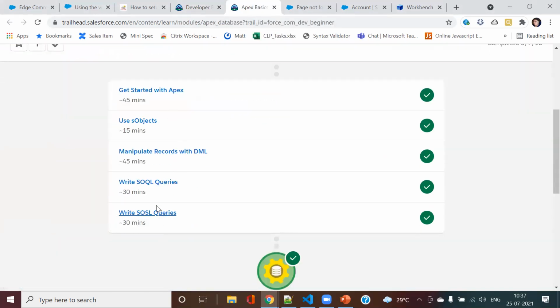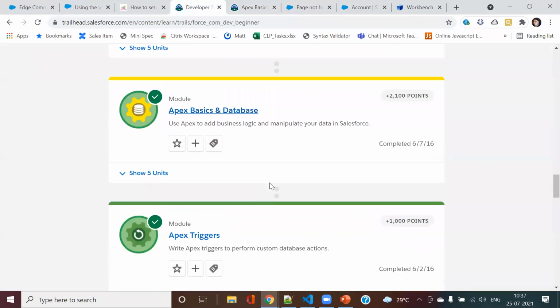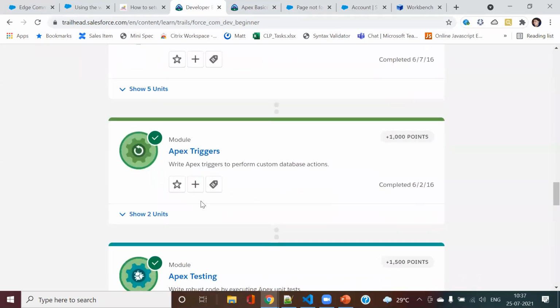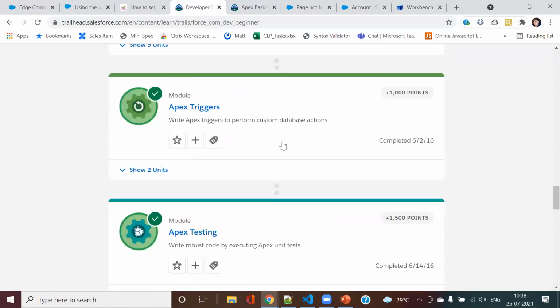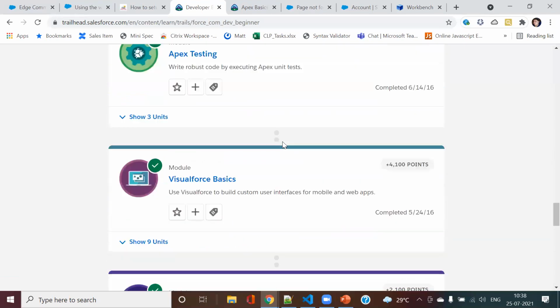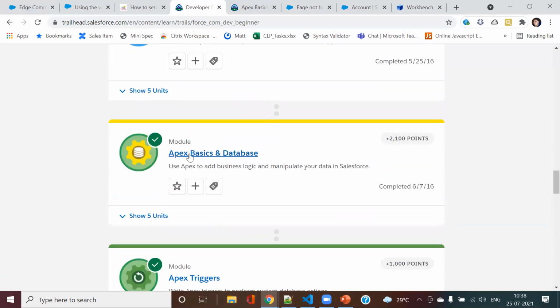You see, this one you can start, and after that you can move into triggers. But triggers we will cover in the next session. In this I also need to cover with you 1.6, DML operation. So this I will cover in the next session. For the time being, you can start with this Apex basics, and maybe just try to do some sort of collections and all of those things that we discussed.